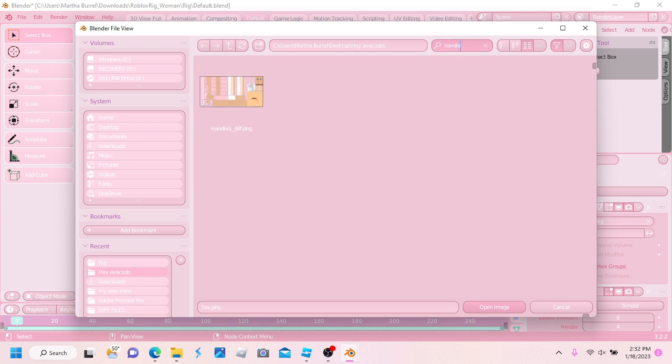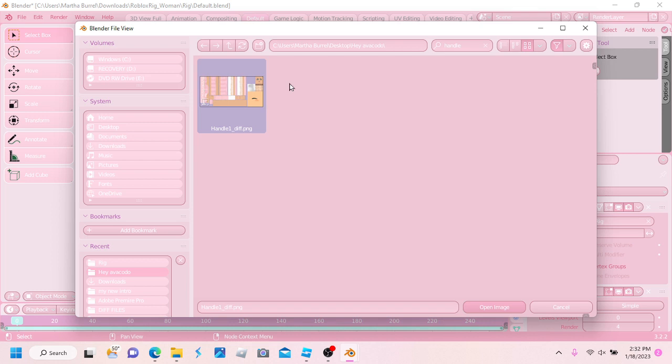I'm literally not focusing on the menus. It was type in handle. Just make sure you type in handle. And if you can't find it, like if there's so many files here, you might have trouble finding it. So just go to the search bar and type in handle. So you look like this. It should say handle 1. I don't know why it's called handle 1, but anyways,